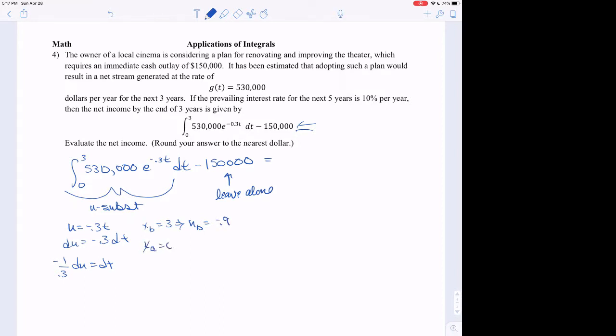If x of a equals 0, then u of a equals 0. So this whole thing becomes the integral from 0 to negative 0.9 of 530,000 e to the u times negative 1 over 0.3 du, minus 150,000. So that equals 530,123 over, put a negative sign, 0.3 e to the u between 0 and negative 0.9